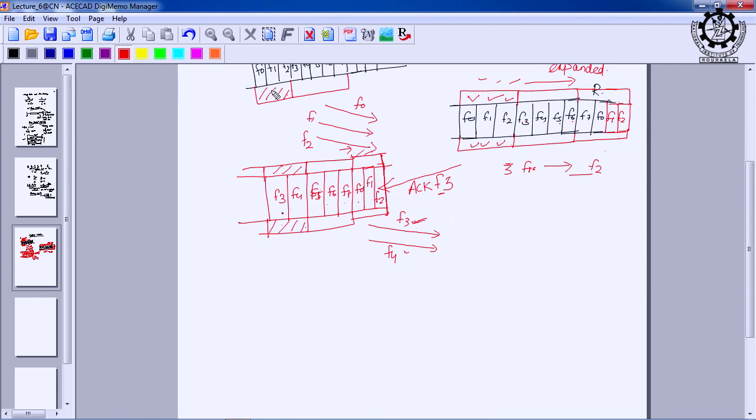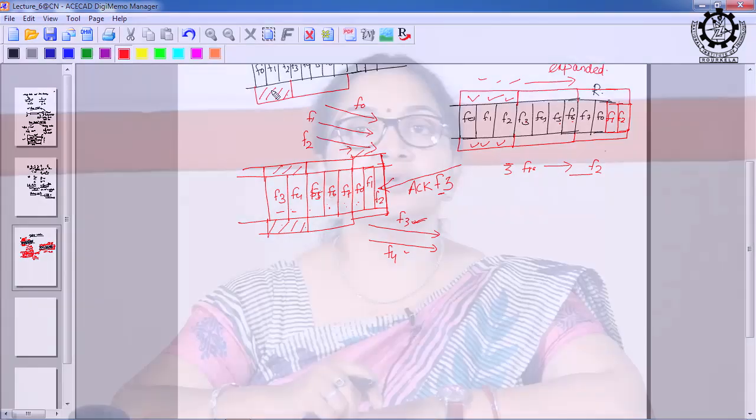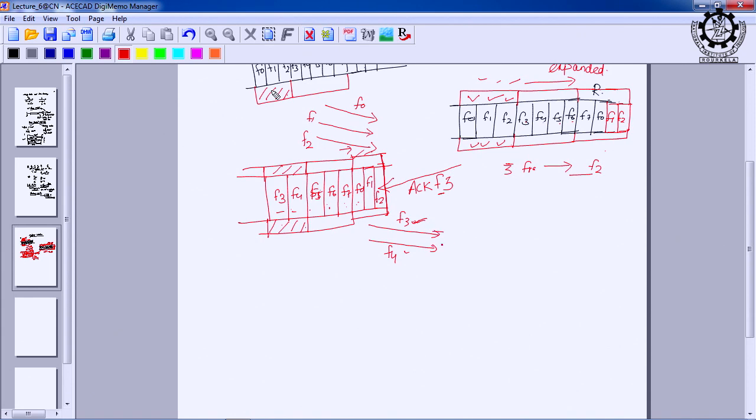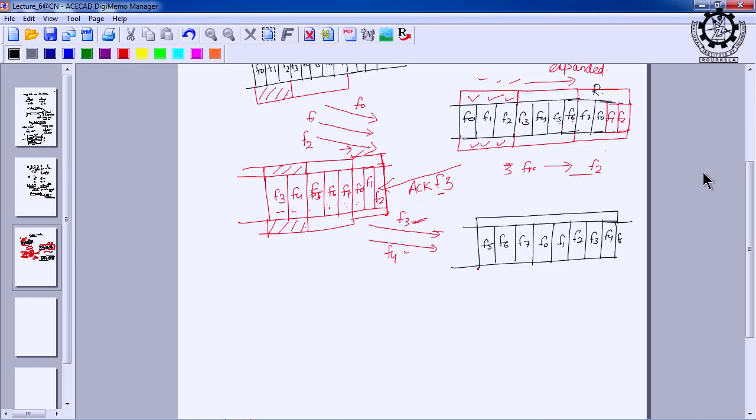So what it does, after sending F3 and F4, it still has the option of 1, 2, 3, 4, 5, 6 more frames it can send. And when these 2 are received, the receiver receives the frames F3 and F4, now F6, F7, F0, F1, 2, and this continues. So once it receives F4, the window is now expanded for another 2 more frames, that means up to F4, 2 more frames,